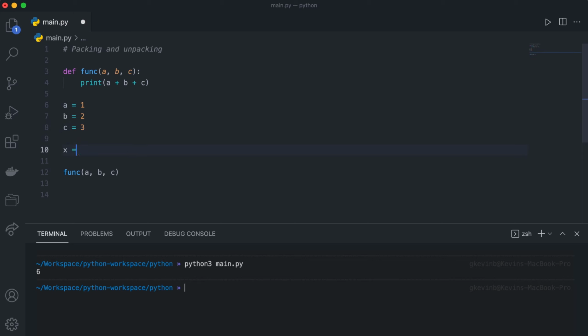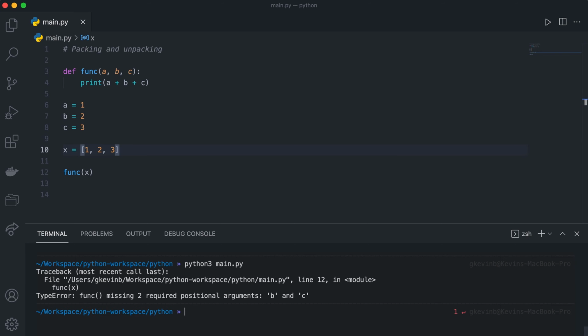instead, let's say you have a list of these numbers, you want to pass that in, and you don't want to unpack into variables, but you want to do that all when you pass it to the function. So let's say you want to do that. Let's just try this. And this obviously doesn't work because it says it's missing 2 parameters because you only gave it 1,